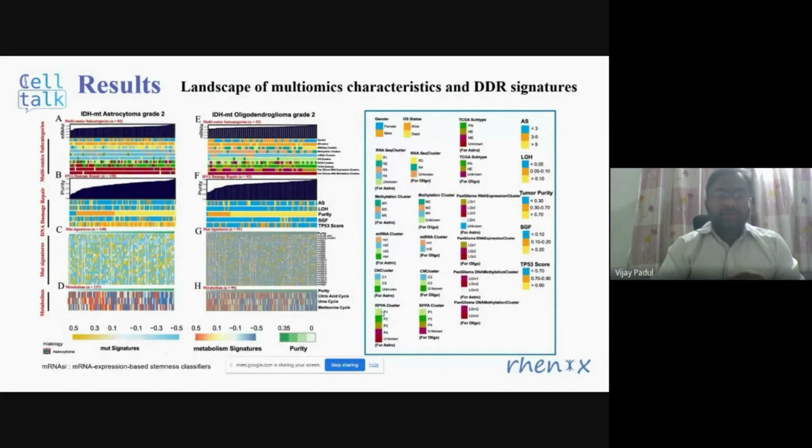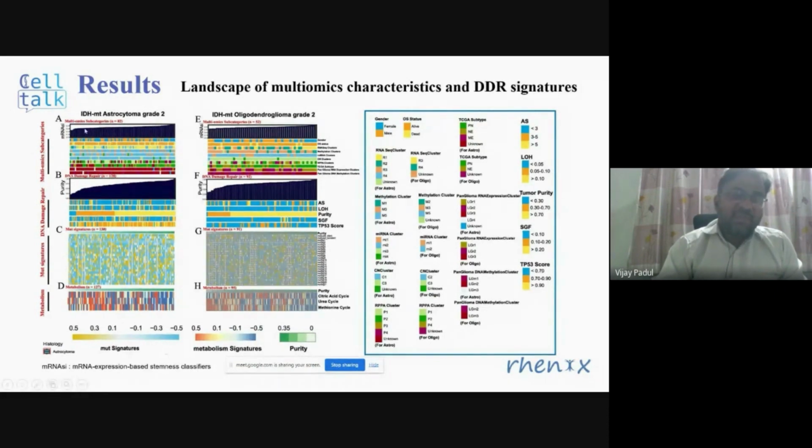Then coming to the landscape of the multi-omics characteristics. So by combining all these molecular characteristics, what is the picture that is coming up? So they have presented it here. So IDH mutant astrocytoma grade 2 and IDH mutant oligodendroglioma grade 2. So here the first panel shows the mRNA SI, that means mRNA expression based stemness classifier. So this is a statistical measure that identifies the stemness of this